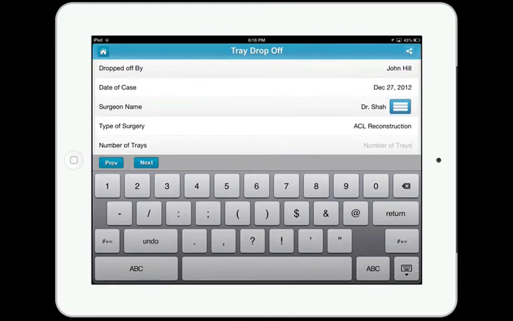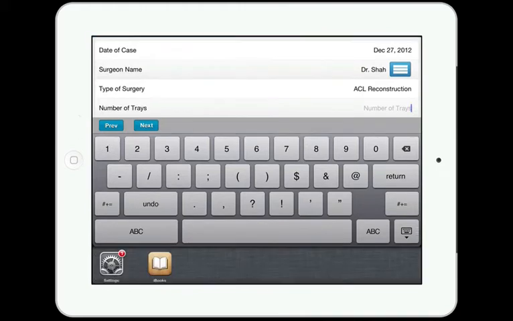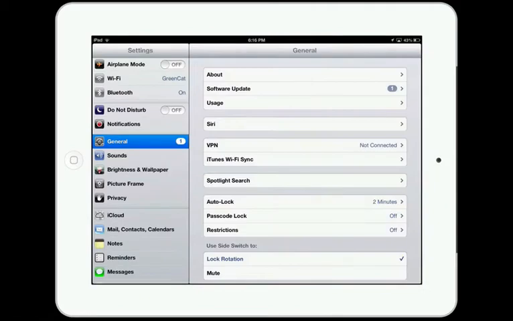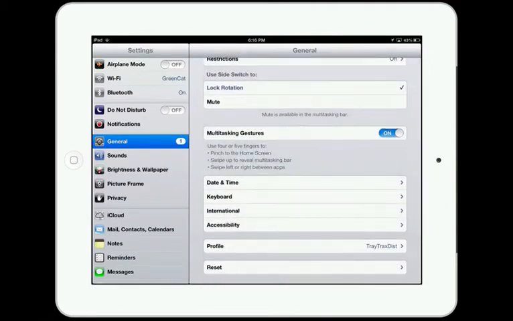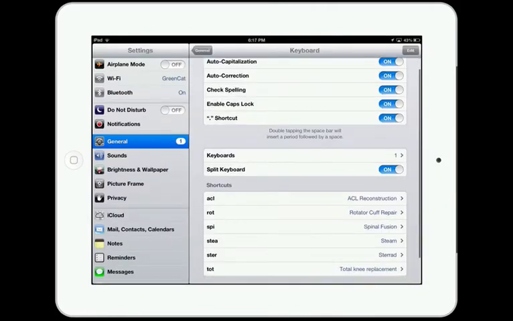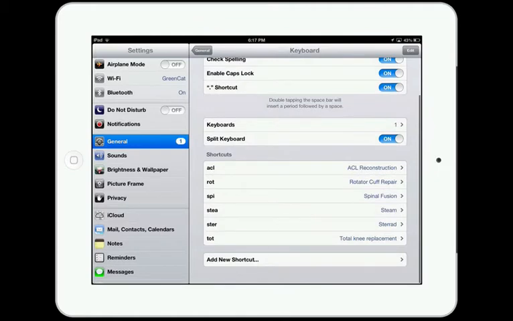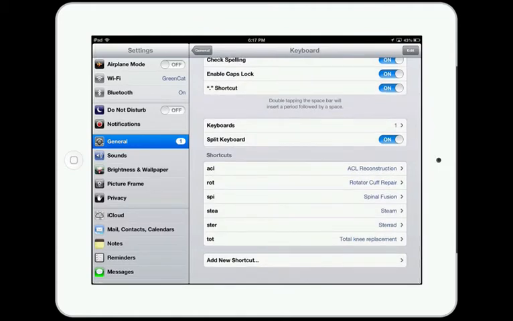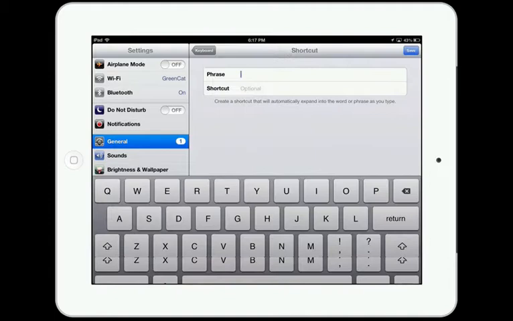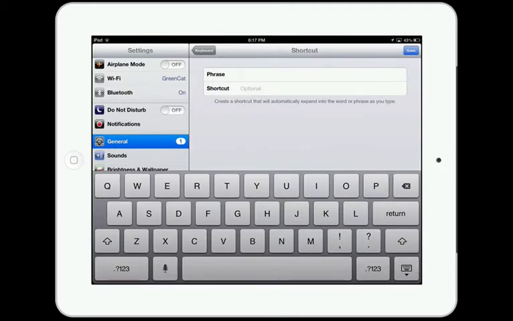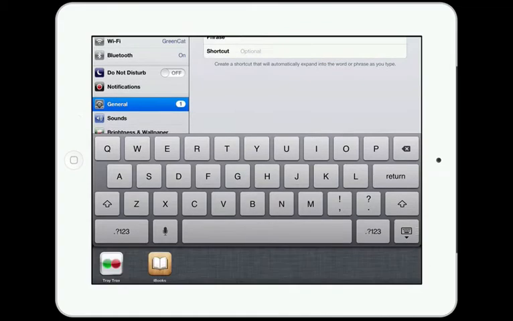And you can do those just in the iPad settings. I'll show you that real quick. Just go into the settings. In general, go down to keyboard, and there are your shortcuts. So you can just create a 2 or 3 letter shortcut for the phrase, and you would do it right on that screen. So we'll go back to the app,